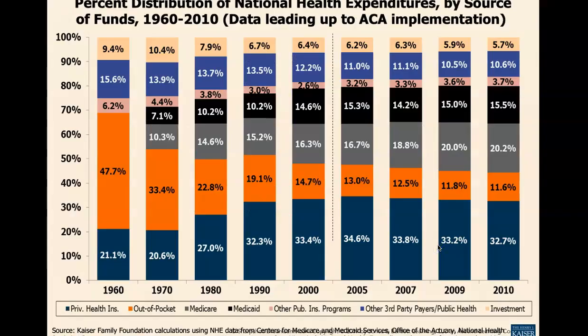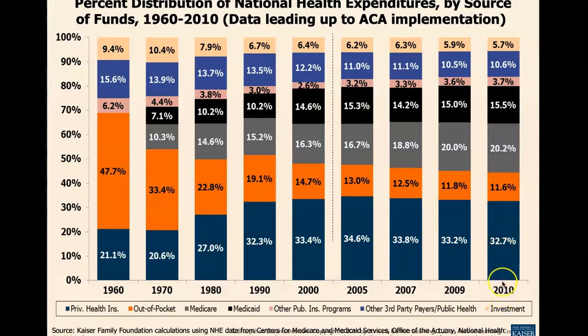Now let's look at where the money comes from. The two previous slides basically told us where the money goes to. Where do we spend the money? And we said that slightly over half, actually, of the national health expenditure goes to hospitalizations and physician services. Now, this slide here tells us where the money comes from. And there's one important thing I actually want you to look at here. And this is between 1960 and all the following years.